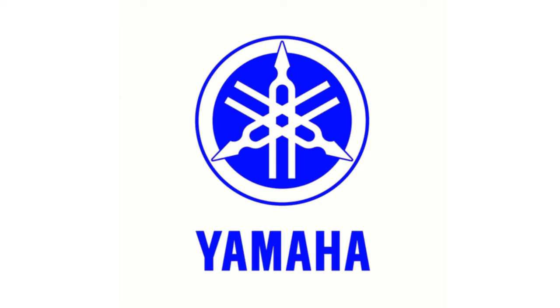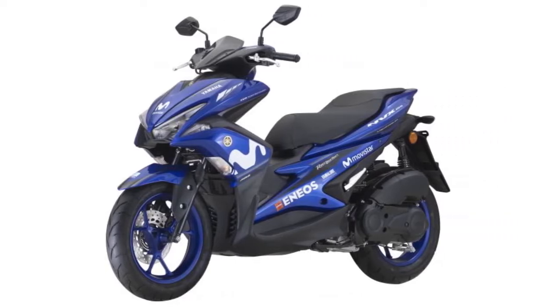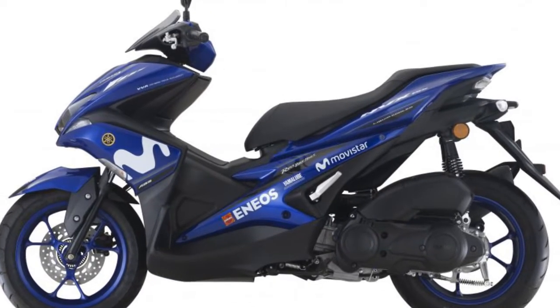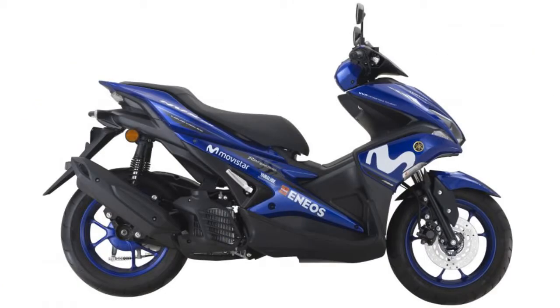Celebrating Yamaha's long history of MotoGP and Grand Prix championships is the 2018 Yamaha NVX 155 GP edition. The NVX 155 is a sporty take on the Yamaha NVX 155 scooter. It has a 155cc engine producing 14.8 horsepower at 8,000 revolutions per minute and 14.4 Nm of torque at 6,000 revolutions